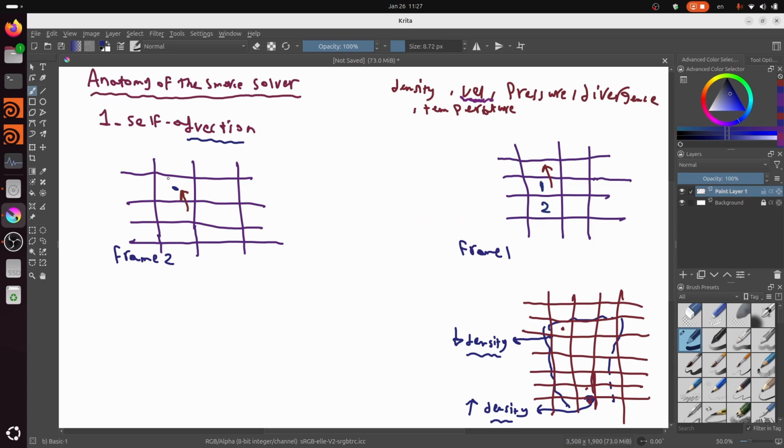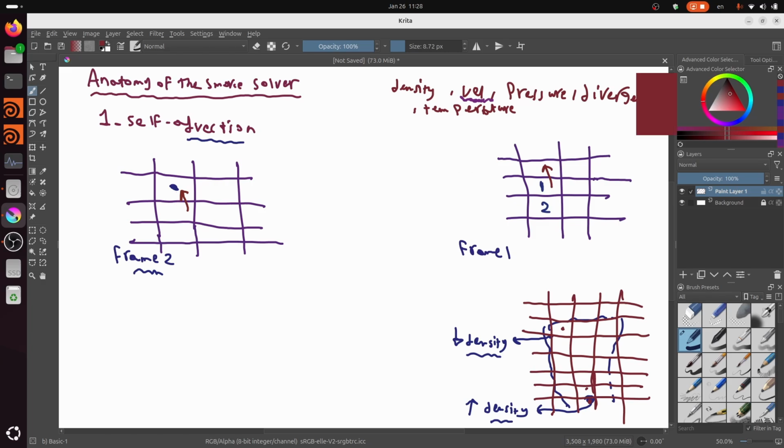So what will happen is that Houdini will go back with this velocity field. So at frame 2, at this voxel, for example, Houdini will return backward with this velocity vector here. So it will go back. Here at this voxel I can go backward and see in the previous frame, or in frame 1, what the value of this voxel was. I want to see the place of the value of this voxel at the previous frame. So at frame 2 here, if we go backward with this velocity vector,